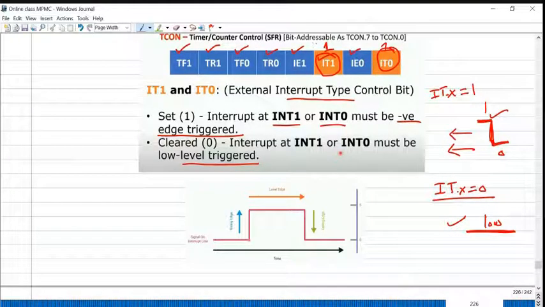Please remember, this register is bit addressable. Individual bits can be modified by the programmer with the help of the set bit or clear bit instructions, or it can be byte addressable. With the help of the TCON name or the address of the special function register, we can directly modify all 8 bits. That is byte addressable; it is both bit addressable as well as byte addressable. So are you clear with this concept now? What is the function of each and every bit in the timer counter control register?